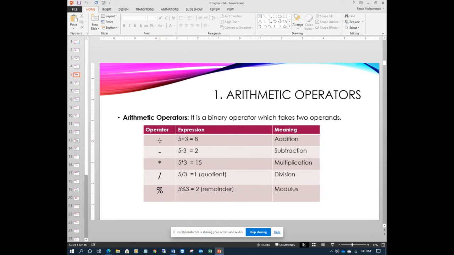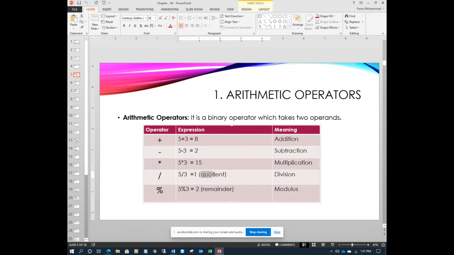What is the use of plus? To add numbers or operands, like 5 plus 3 is equal to 8. Minus does subtraction. This is 15, and this is 5 divided by 3. When you say 5 divided by 3, you might expect 1.66, something like that, but it doesn't give that because it gives the quotient.